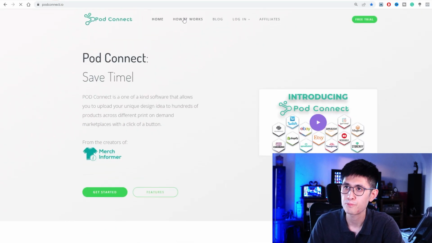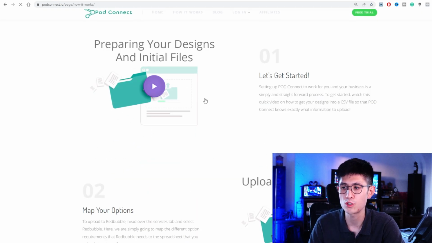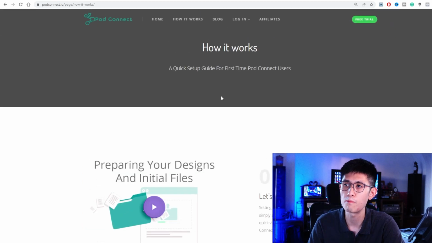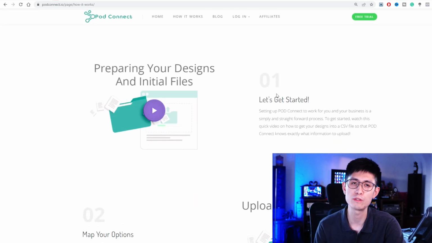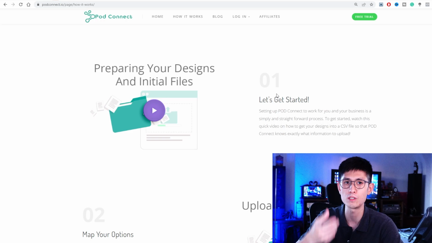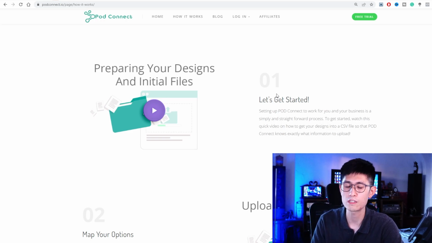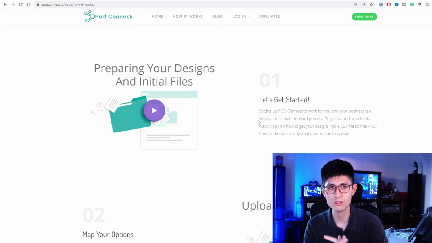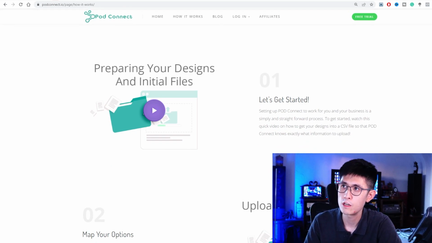But essentially, even though it is, as I showed you, fairly convenient to upload designs onto Redbubble, and you can just copy your old settings to a new design and then just change the image, that's actually pretty easy to do. It's all for free. But with Pod Connect, if you really would like to scale your venture significantly, for instance,